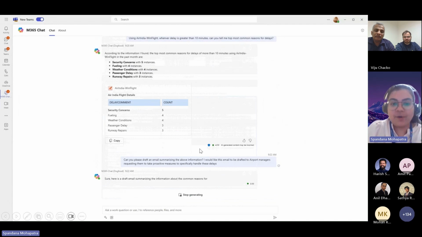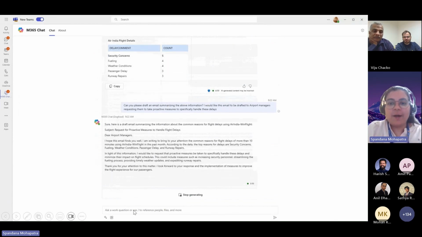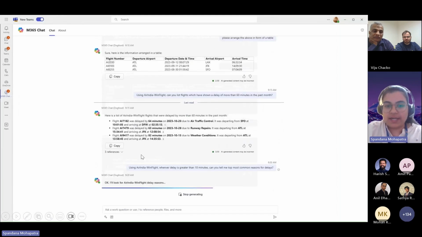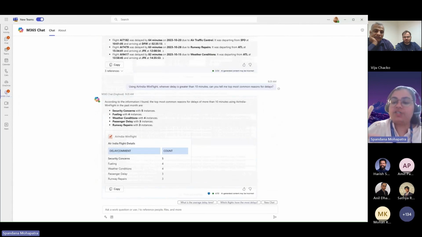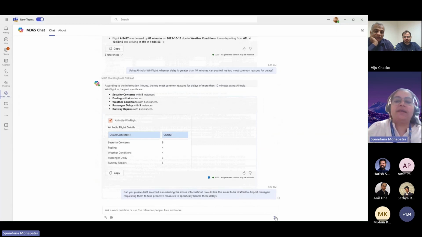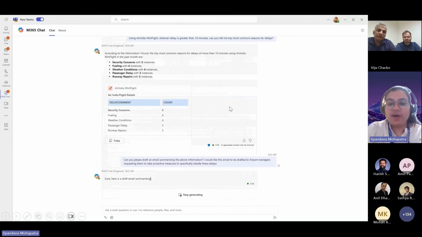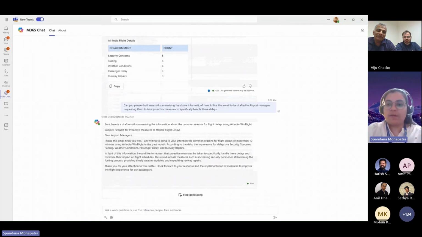Oh, yes, I have it now. Can you please draft an email summarizing the above information? And this needs to be shared with airport managers. What are the proactive measures that need to be taken? So that sort of email drafting, text generation is being done by Copilot basis the information that it has access to. But without any more delay, we have the Air India team over here to talk about how did they